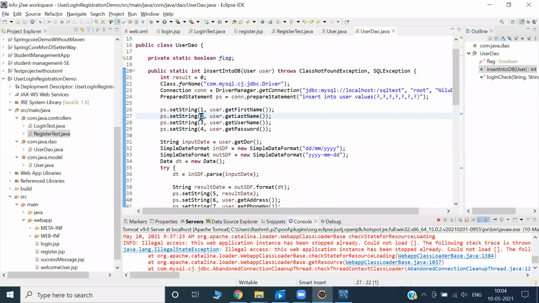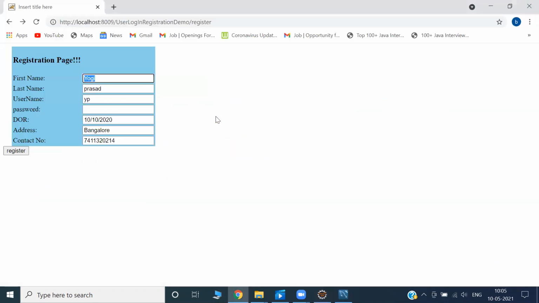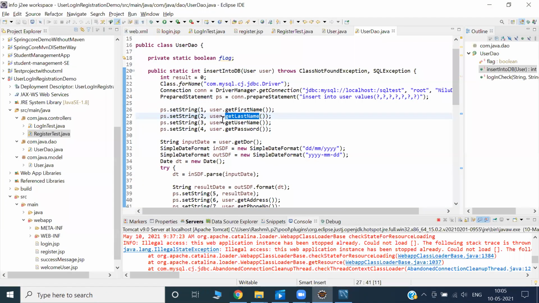In the second column, what is the value? user.getLastName(). You can ask me, sir, is the value already set? Does the user object at this point of time really carry some value? Yes, Prasad's value.